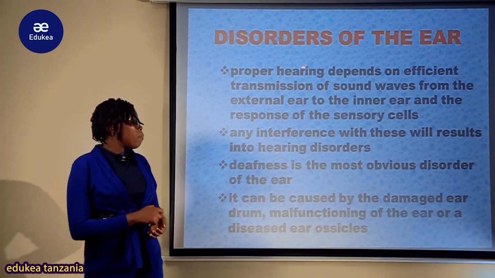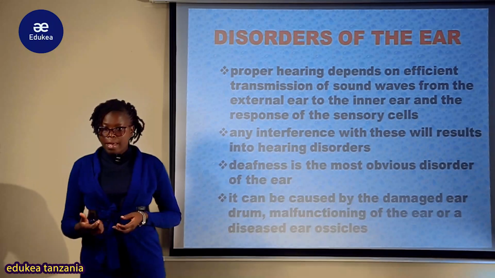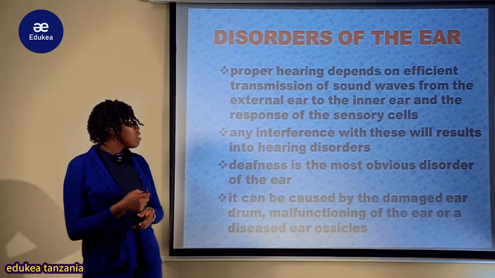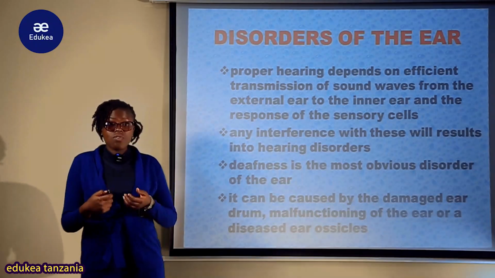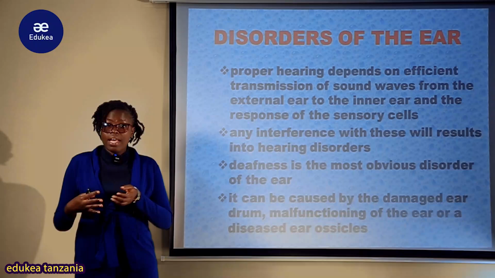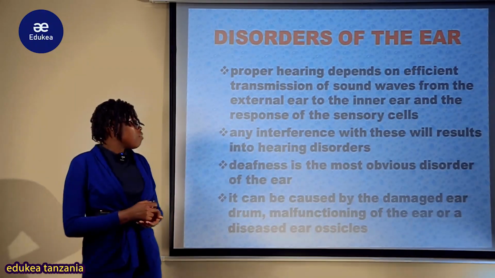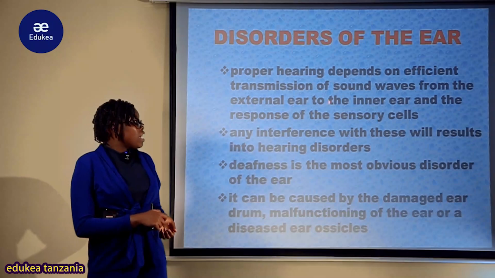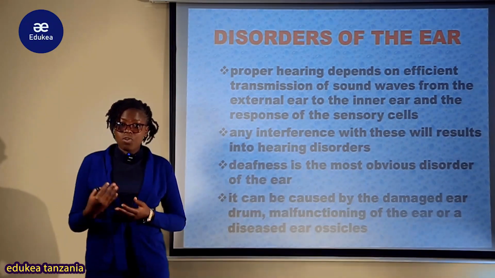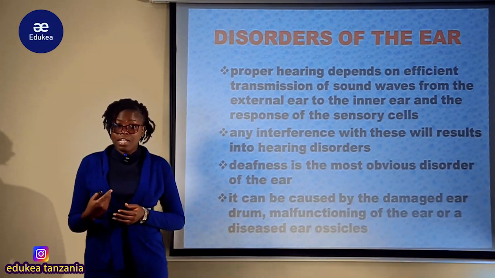So proper hearing depends on efficient transmission of the sound wave from the external air, and this transmission of the sound wave is by the use of the ear canal, the pinna ambayo inakuwa inacollect sound wave from the external environment na kudirect katika ear canal, na vile vile kwenda katika inner ear ambapo structures of inner ear tumeona kuna cochlea, kuna reticulus, kuna circulus, endolymph ambazo zina responsible katika maintenance of the hearing